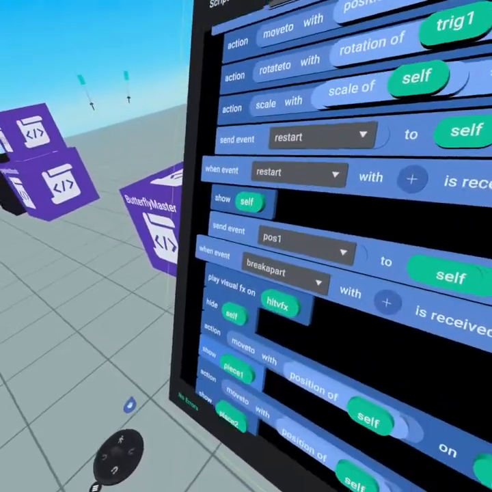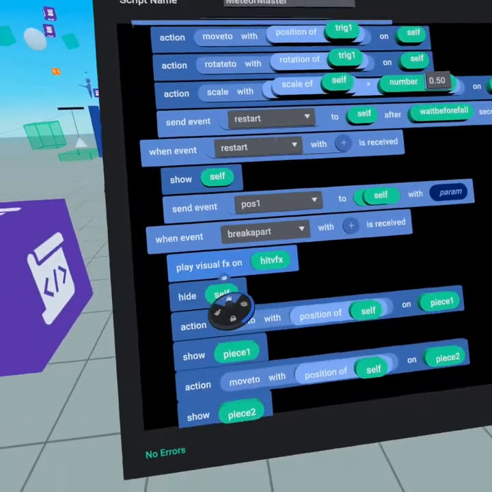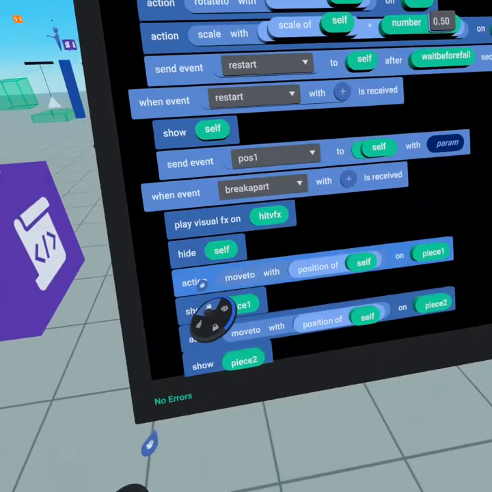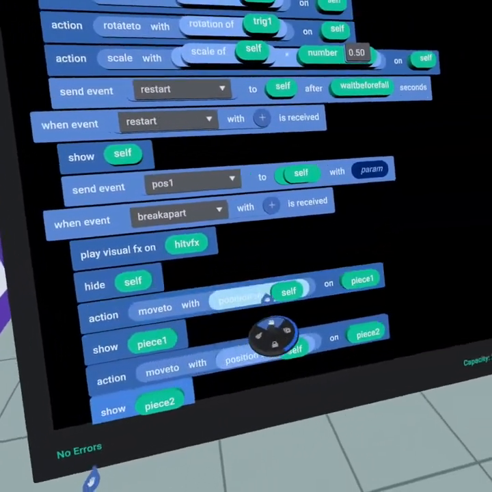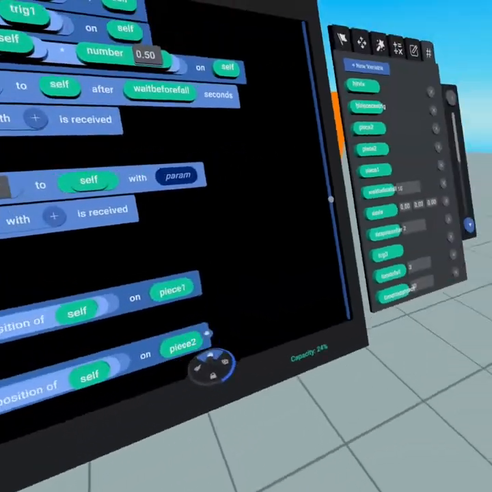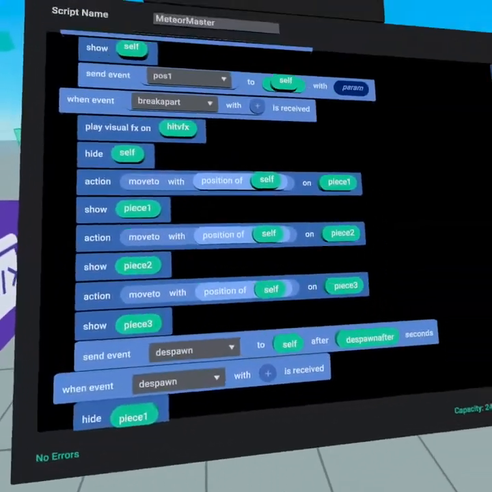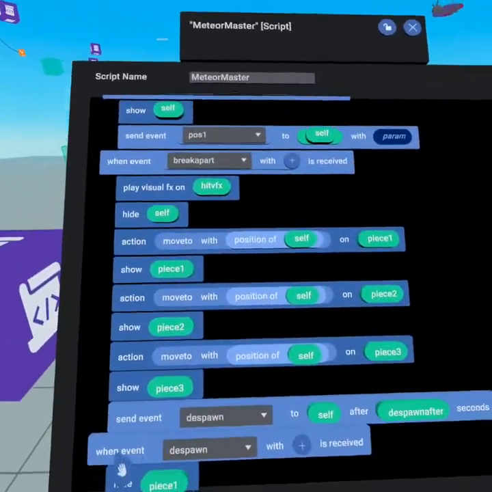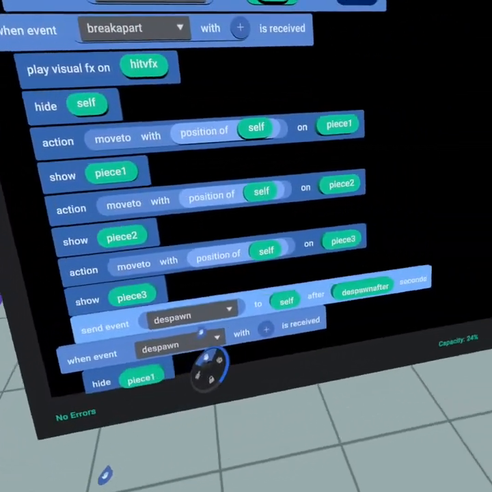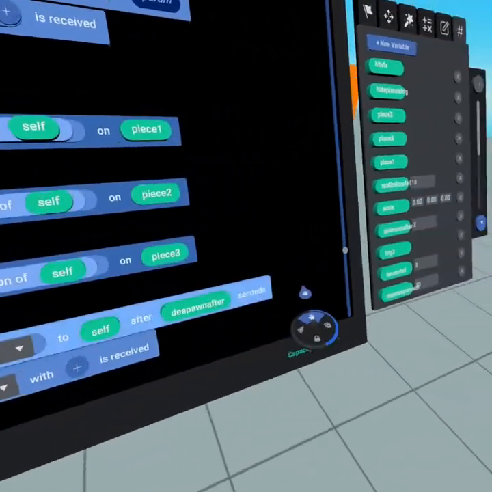So if we roll down just a little bit further, you're going to see break apart. When that's received, we play visual effects. That's that explosion that goes off. We hide the asteroid or the meteor, and then we move to the position of self on piece 1, and then we show piece 1. Then we move to the position of self on piece 2. And then we show piece 2, move to position of self on piece 3, then show piece 3. And so this allows all 3 pieces of asteroid to be moved to the location where we've just arrived and we've just exploded. And then we send event despawn to self,